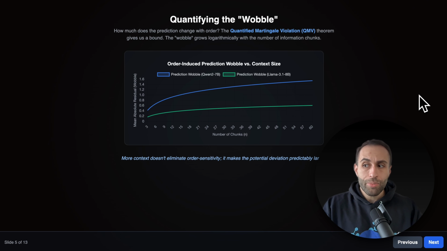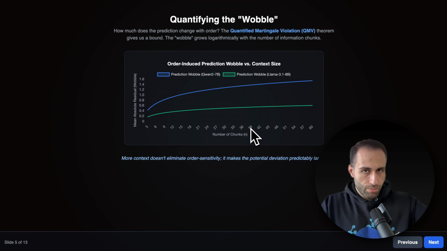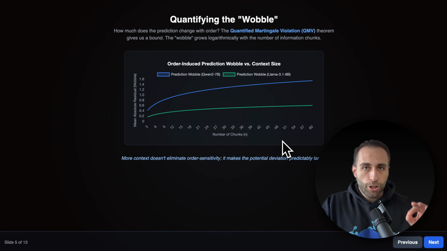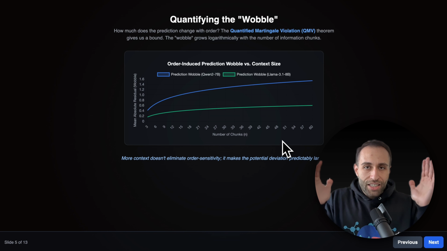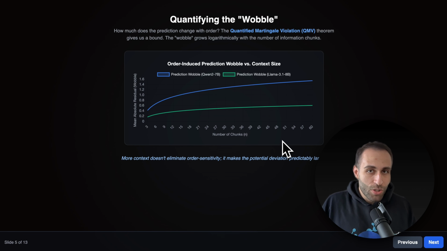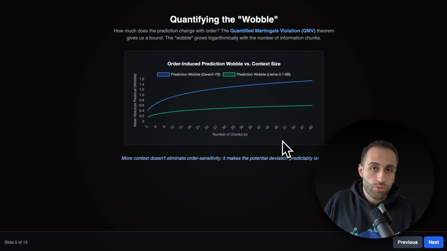So you might say, well, how about if we give more context, more info in the prompt, let's say when we do RAG, let's call it evidence. Does it change the sensitivity of the model to the order of the info or not really? Well, in the study, they mentioned that as we increase the number of chunks or context that we provide, the fluctuations of the probability of the confidence get limited, but still the challenge is there. So providing more context doesn't completely eradicate the sensitivity to the order, which language models are not supposed to care about, but due to the nature of transformers, that's a fact